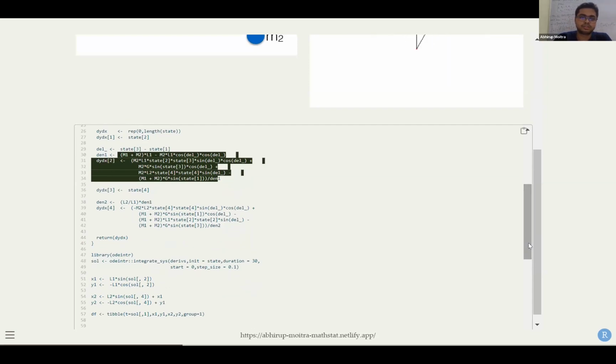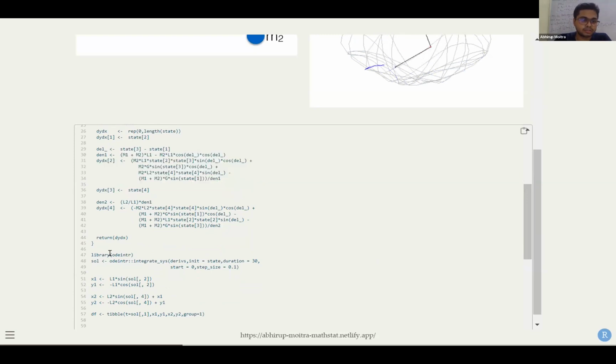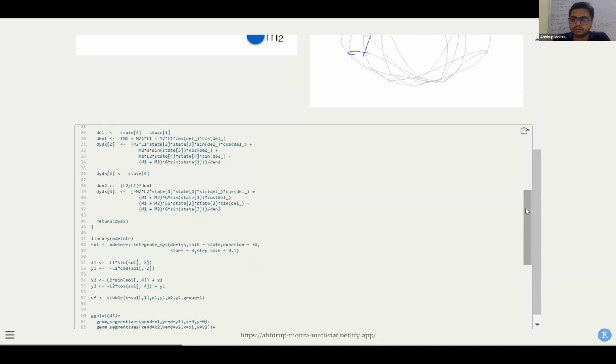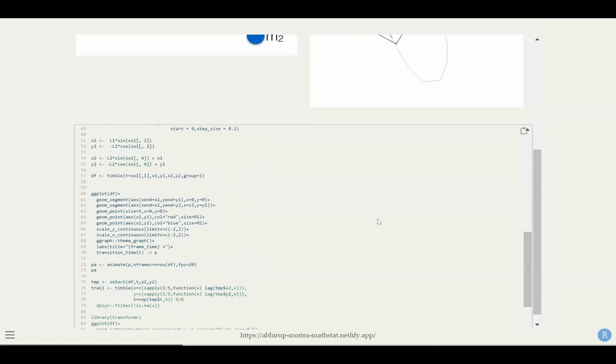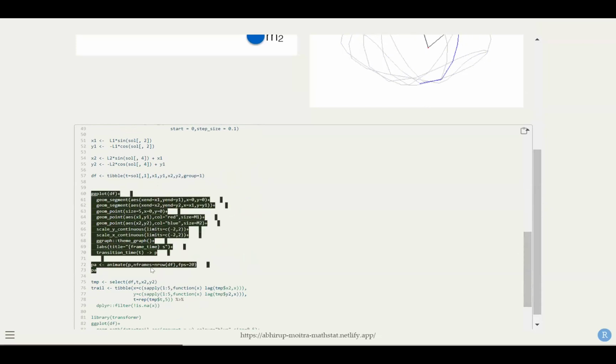Okay, this function needs to be integrated. Luckily there is a package called odeintr. This makes things very easy. The start, duration, and step size parameters control the time for your pendulum. In the example below, I chose to swing the pendulum for 30 seconds, and the position is recalculated every 0.1 second. Right, and basically this plot will enable you